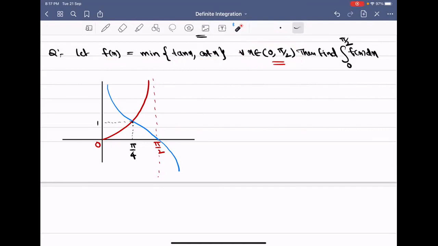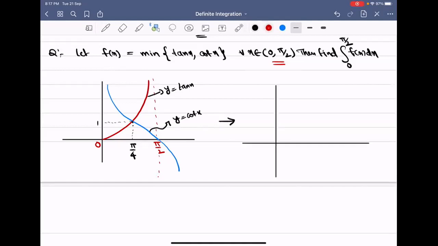Now we draw both graphs on the same reference. This red graph is y equals tan x, and this blue graph is y equals cot x. But our required graph is the minimum of tan x and cot x. To draw the graph of the minimum of tan x and cot x, what you do is